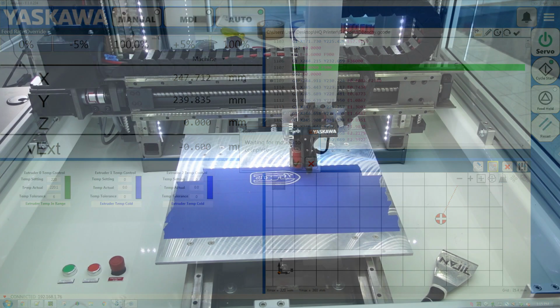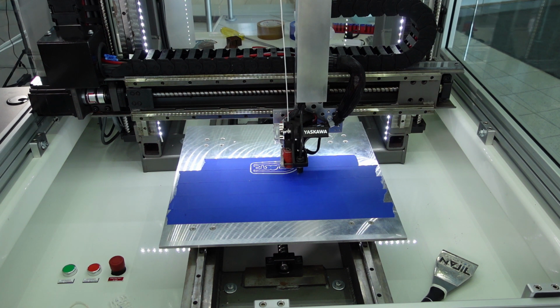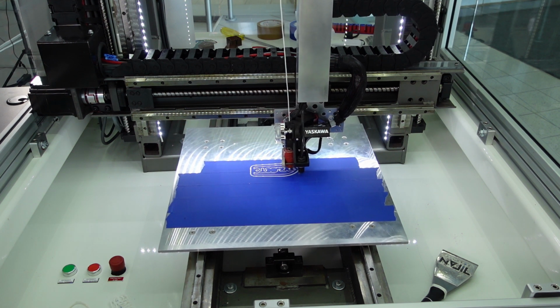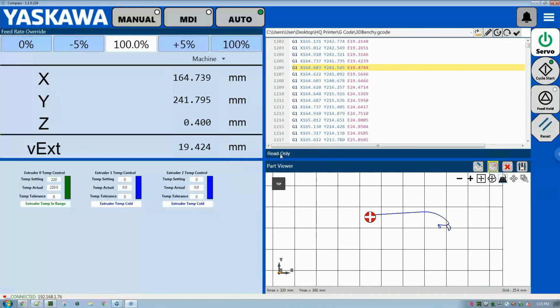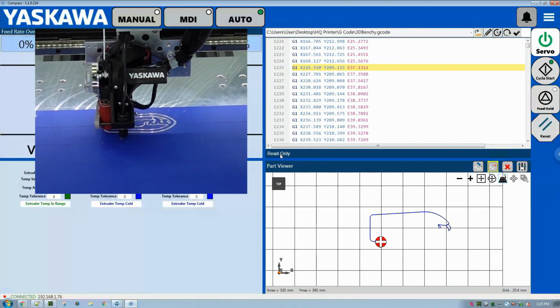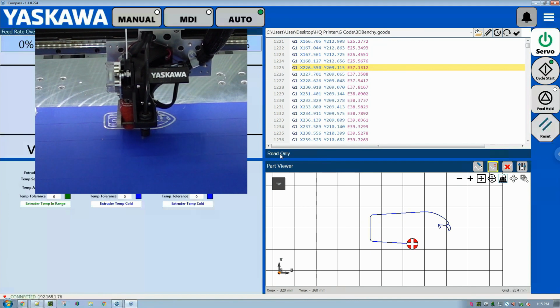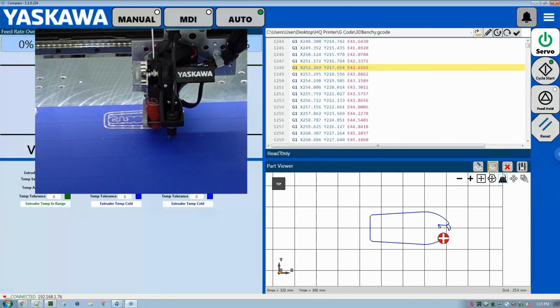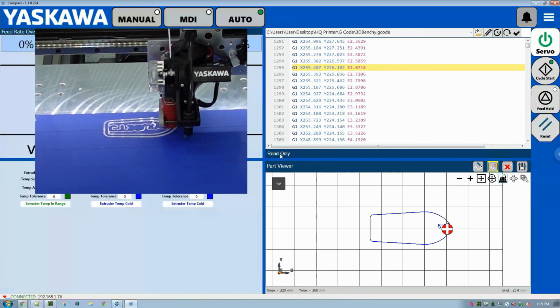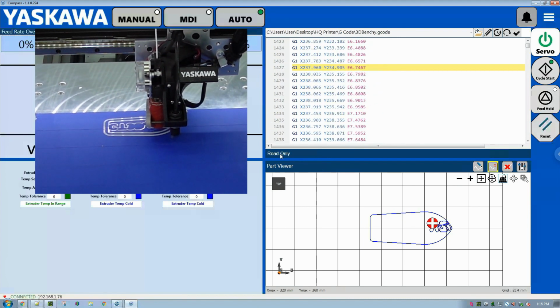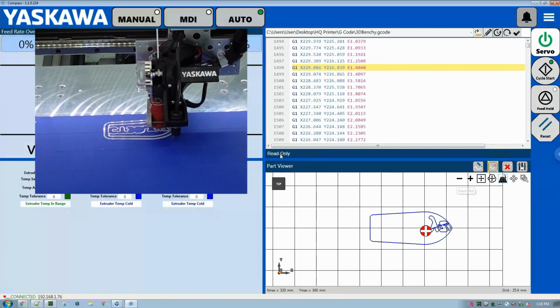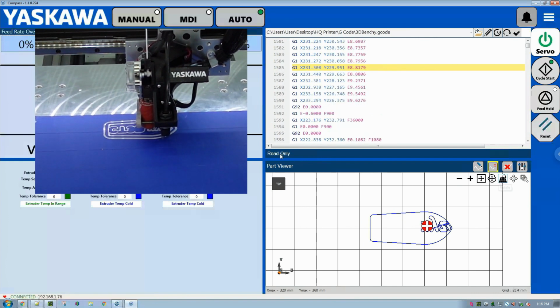If I click cycle start, it moved to that XY location, and then I can restart the print. So we can see because of that option I had to clear part viewer, upon clicking cycle start, it cleared the part viewer, and it is restarting the live draw. But here we can see that